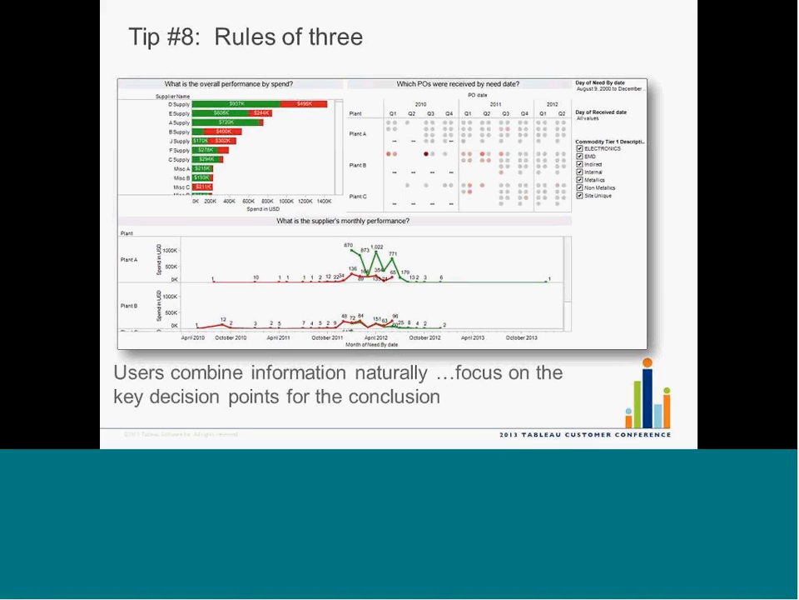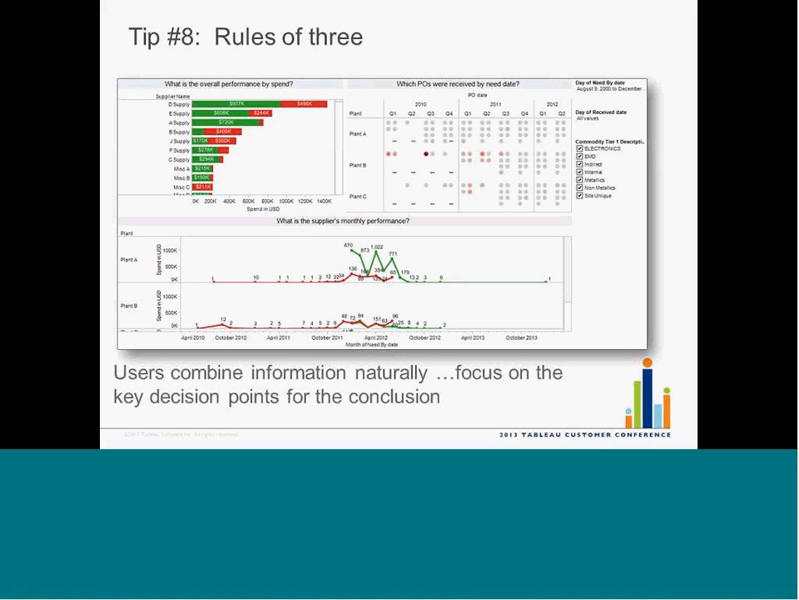Rules of 3. So I see a lot of people try to pack multiple worksheets into one dashboard. I try to limit to about 3. And sometimes we go up to as many as 4. And we don't restrict a user. They can add as many as they like, because as I said, we have a large number of power users around our business. But my own personal preference is to limit it down to about 3 worksheets, because I found